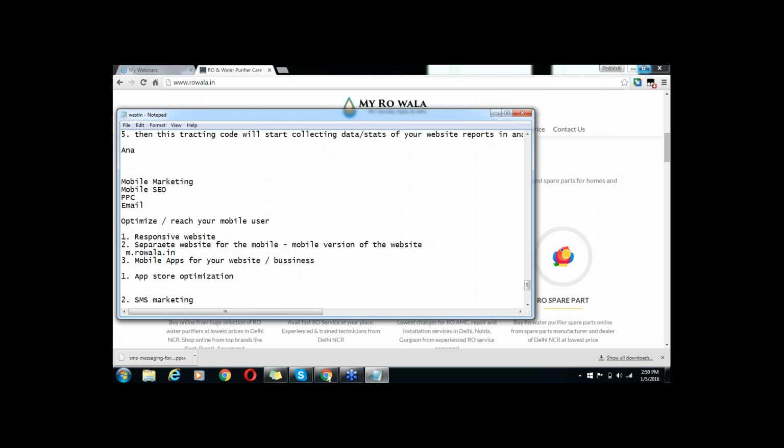Apart from that, the next challenge for the mobile app is, you must have seen that every mobile operating system has a different platform to install apps, right? Can you give me some names of the mobile app platforms where you install those mobile apps? Just give me some names of the mobile app platform from where you install the app. Play Store, exactly, Play Store for Android.